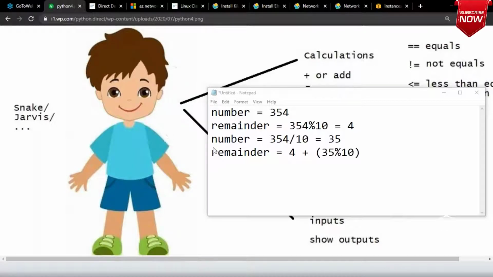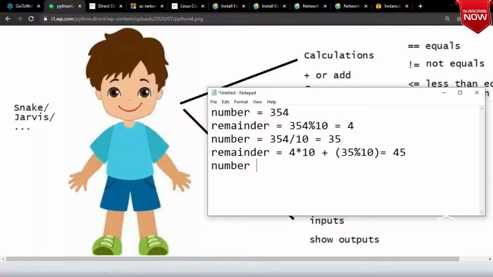Naga, you are trying to tell 4 plus 5. Bhargav is also telling 4 plus 5. If I do 4 plus 5, will I get the reverse of a number? No, I'll get 9, right? So here I will tell 4 into whatever system it belongs to. Since it is a decimal system, I'm writing 10 over here. If it is binary, I'll write 2 over here. If it is hexadecimal, I'll write 16 over here. So now at this moment, what we would get is 45. Do you agree with that?